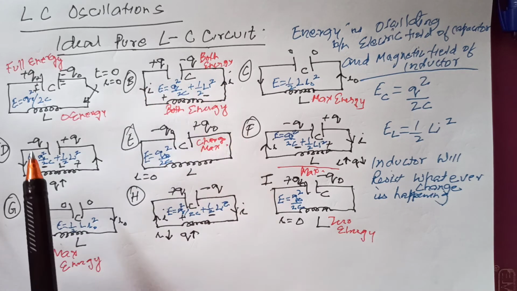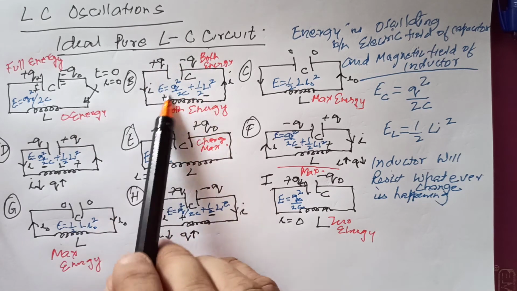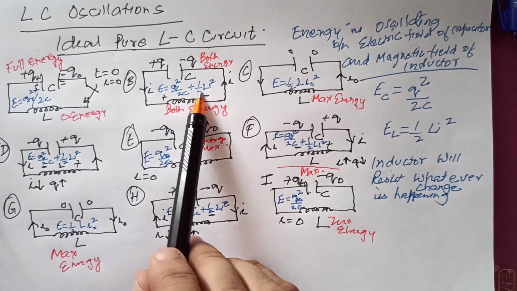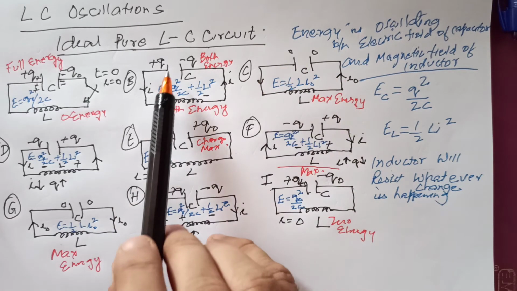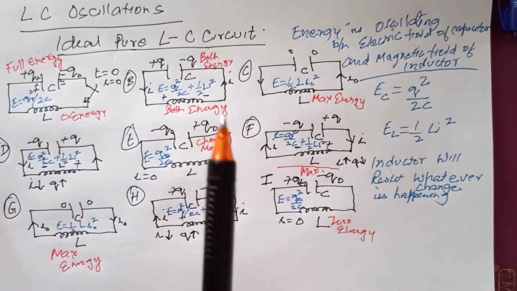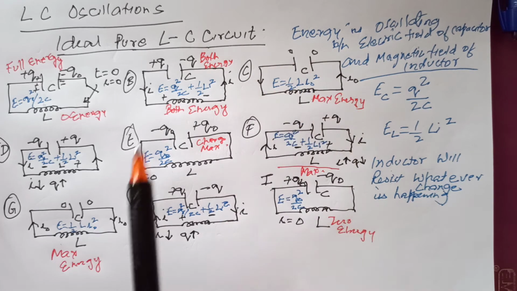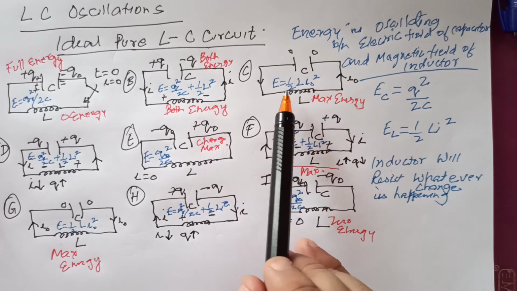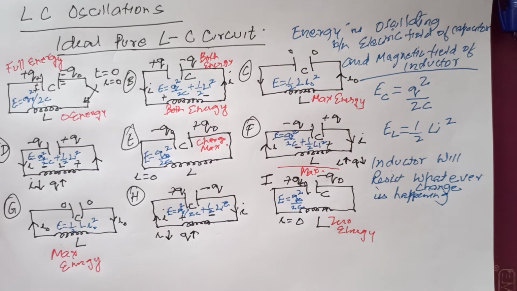current starts to flow. When the current starts to flow, there is some energy in the capacitor and some in the inductor. So the total energy of the system is E = Q²/2C + ½Li². Now in the third instance, the potential difference is zero, because all the charge has flowed in the form of current through the inductor. So you have the peak current, and the total energy is E = ½Li₀².